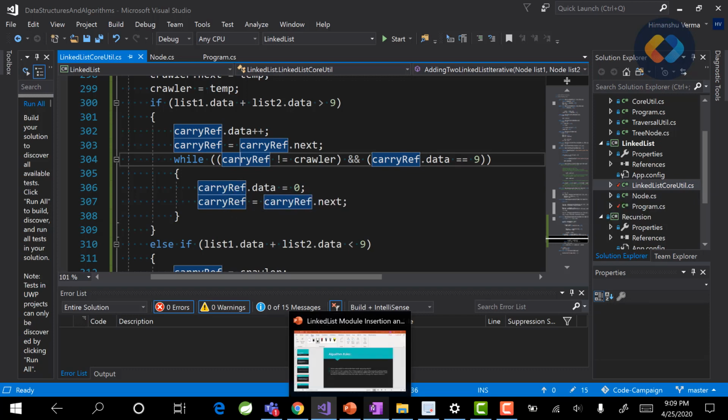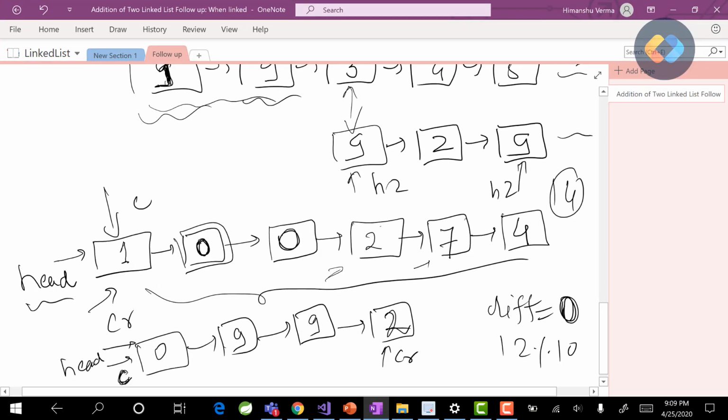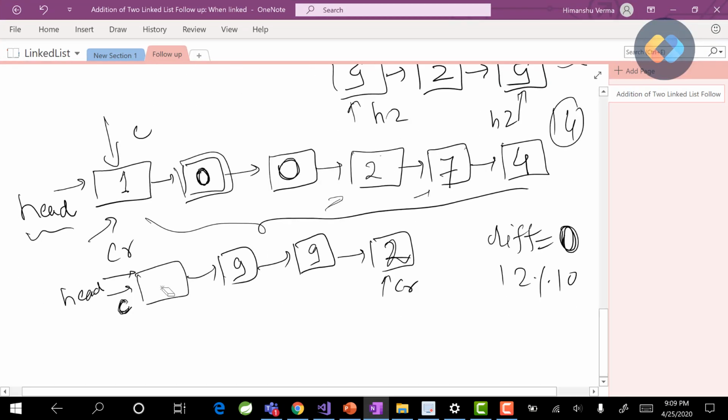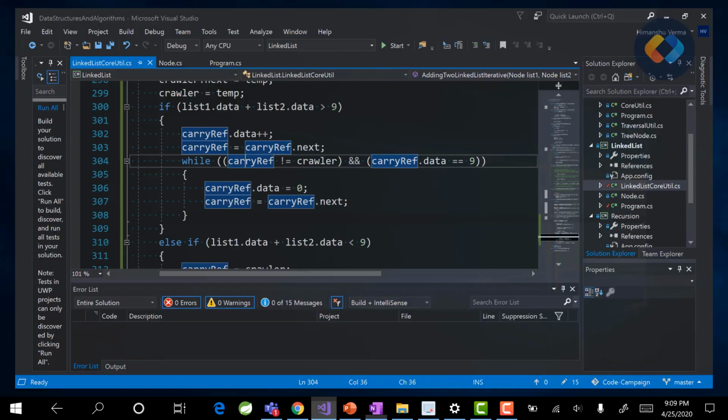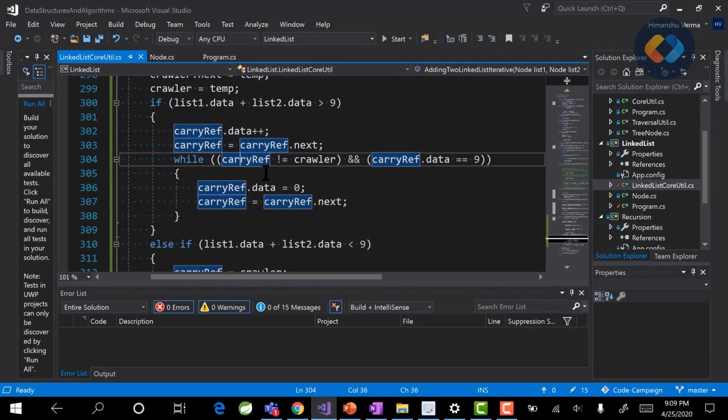So let's go back here. So our carry pointer is currently here, so we'll increment this value by 1, and then we'll move our carry pointer forward, right? Carry pointer will come here. This is not less than 9, this is 9, so we have to make it 0. We'll move our carry pointer forward. This is again not less than 9, so definitely this will become 0. So our carry pointer will come here, and now our carry pointer is equal to the crawler pointer, so our loop will stop here.